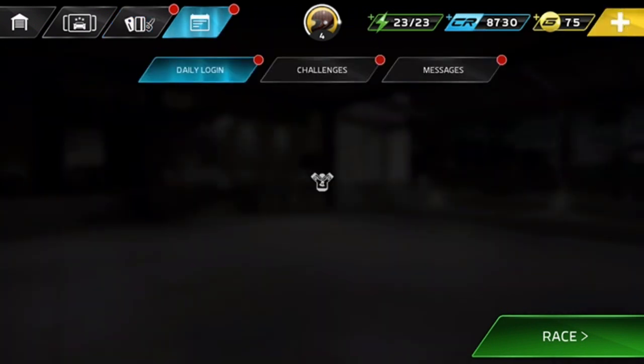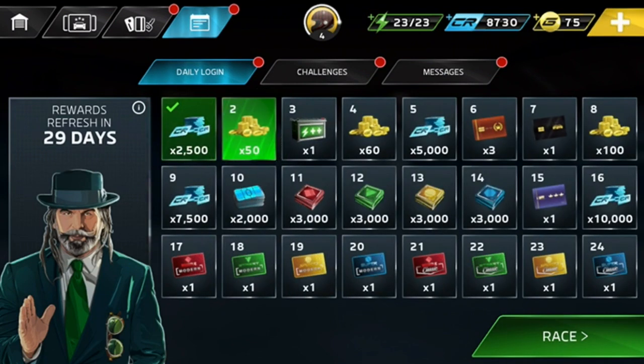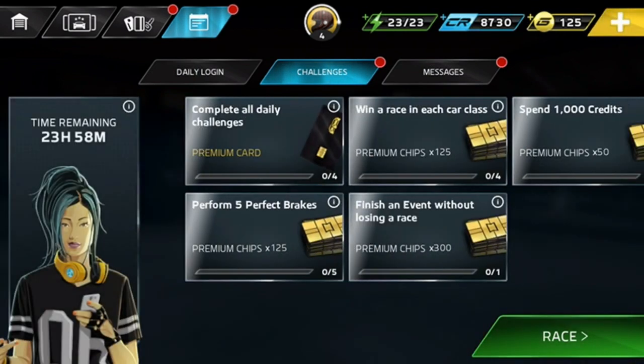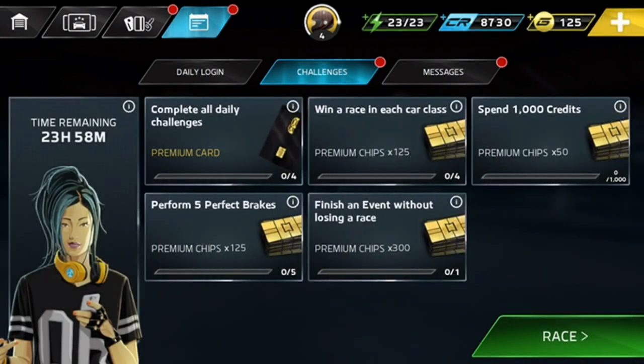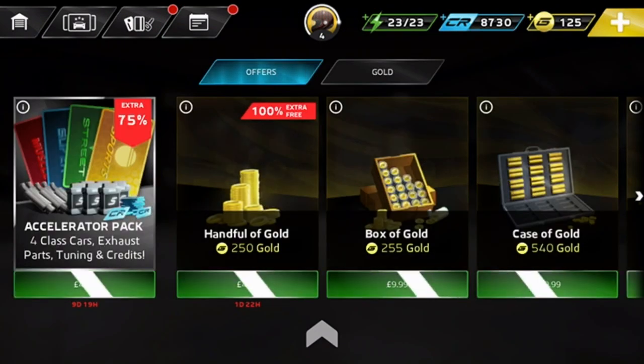You can get the premium tickets, gold, etc. by also completing daily challenges. As you can see, like the daily login, etc. All these things here. You've got the challenges with different things. You know, premium tickets here, perform 5 perfect breaks, etc. Like that. There's also obviously winning races, but you can also buy it as well if you click the